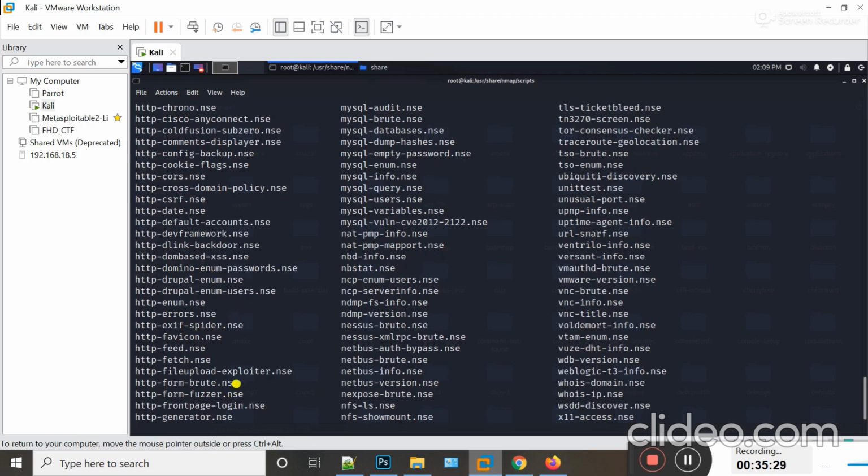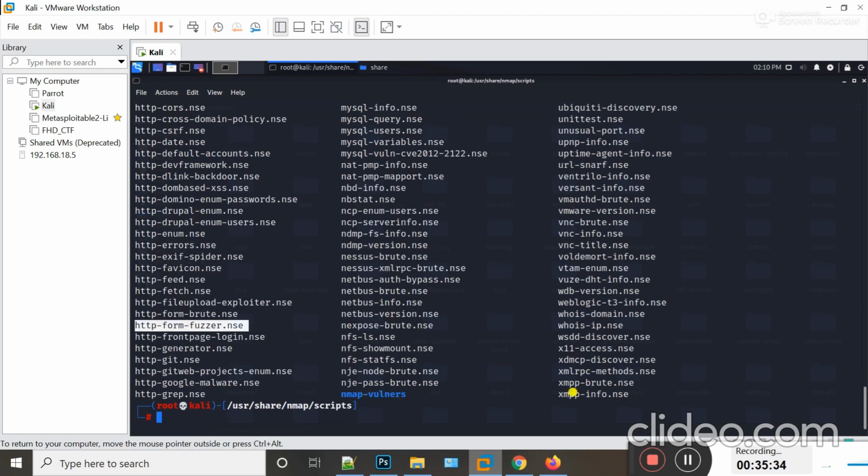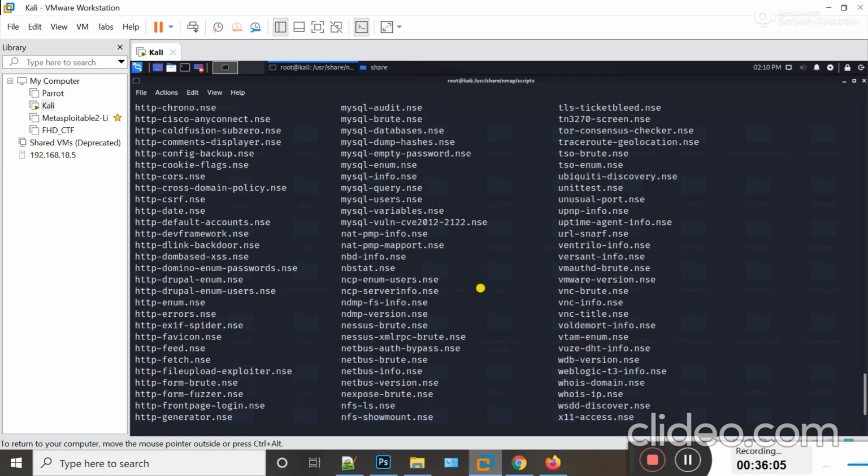Now if I want to search this script, I can copy from here, and now I can use ls -la, then /usr/share/nmap/scripts, and then I will use the grep command, and then the concerned NSE script. Here you can see this command shows all the details about the http-form-fuzzer NSE script. So you can find any specific script from all these scripts by using this command.